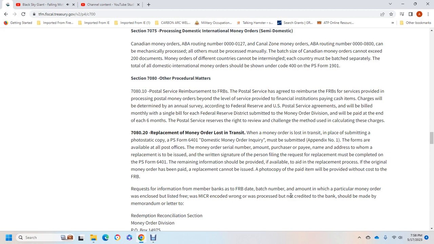The U.S. Postal Service agreements will be billed monthly with a single payment bill with the Federal Reserve District, and the money order division will be paid at the end of each 6 month period. The Postal Service reserves the right to review the method of calculating the charges. 780